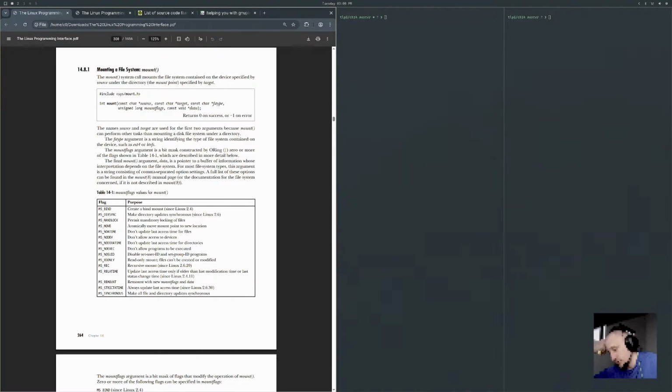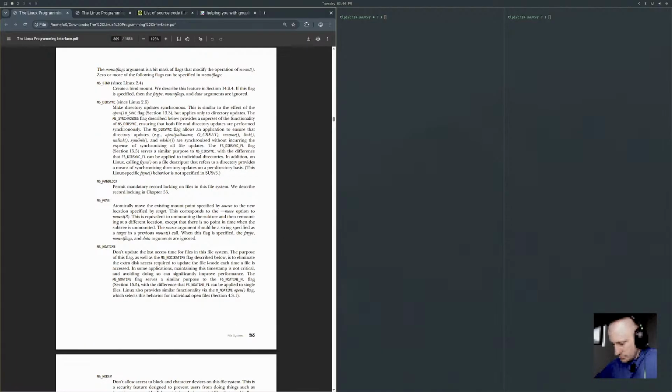The mount flags argument is a bit mask of flags that modify the operation of mount. Okay, we're going to talk about all these flags now. The mount flags argument is a bit mask of flags that modify the operation of mount.